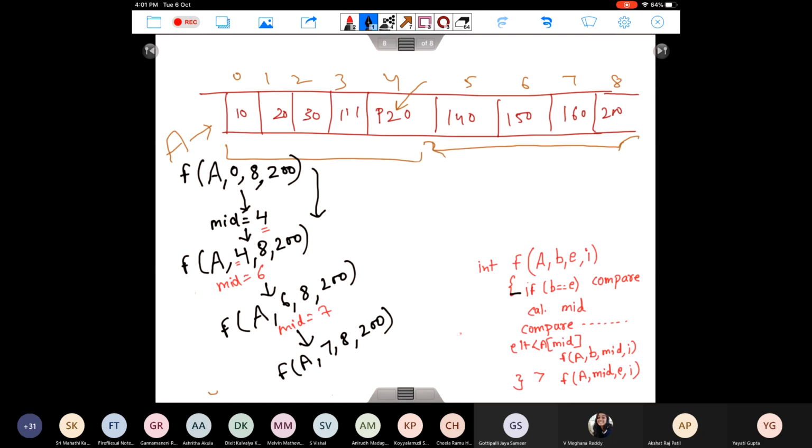Again, you calculate the mid, and let's say your logic is such that it sets mid to 7. So again, your element is not present at mid of 7. It is greater than this. Did I do some mistake here? So here you can keep a base case for 2 elements, I think. Otherwise, you can search from mid plus 1.